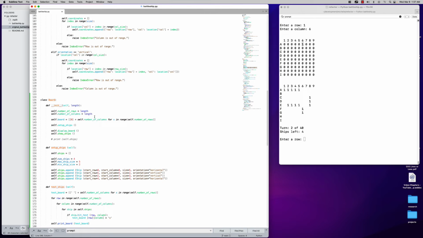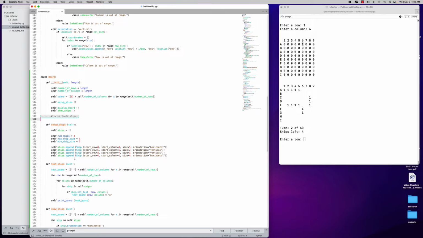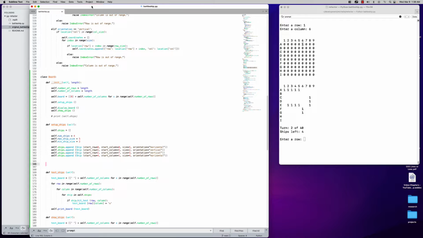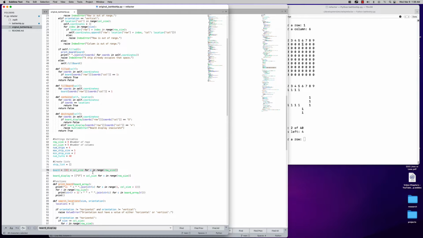So the board is the container for ships. And that's why we have this method here, setup ships. And setup ships is going to generate ships by calling the ship constructor and actually position the ships. So what we need to do here now is have some sort of a loop like what the previous code had,